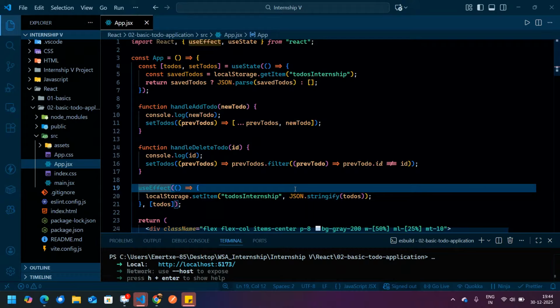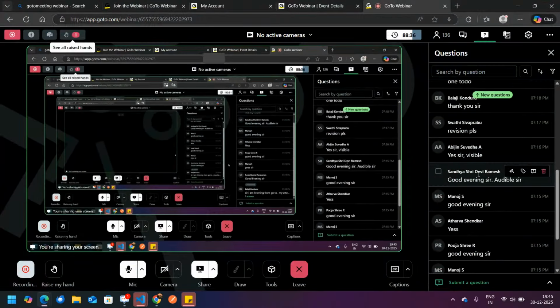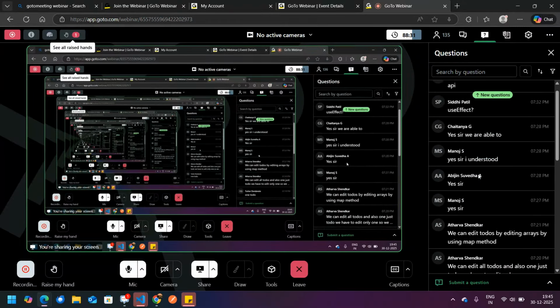Is that clear, guys? Yes, yes, use effect API.